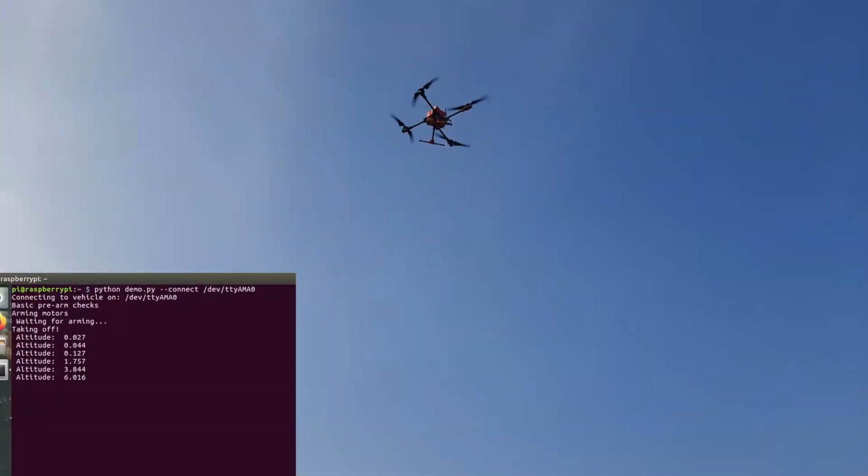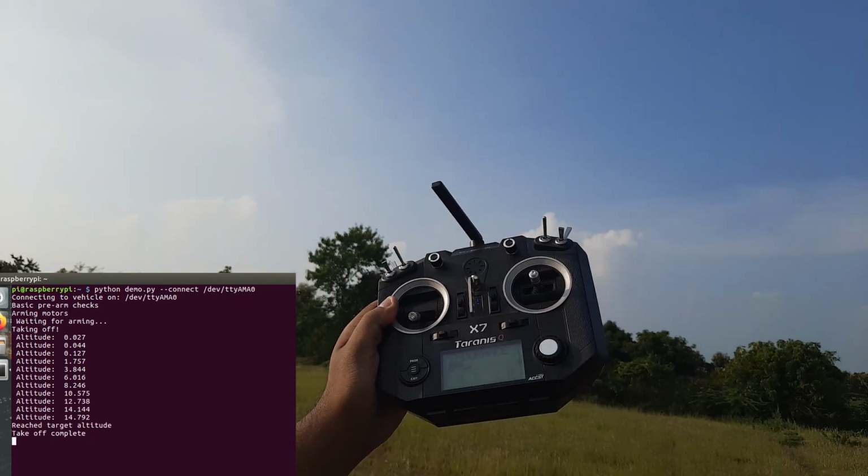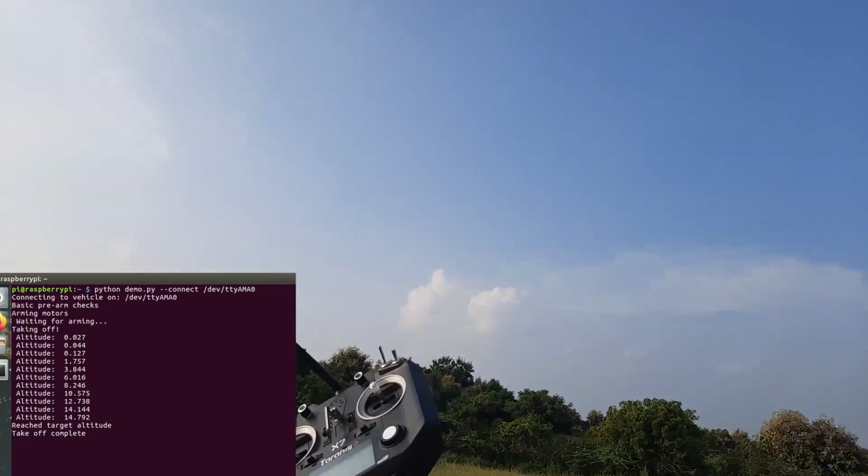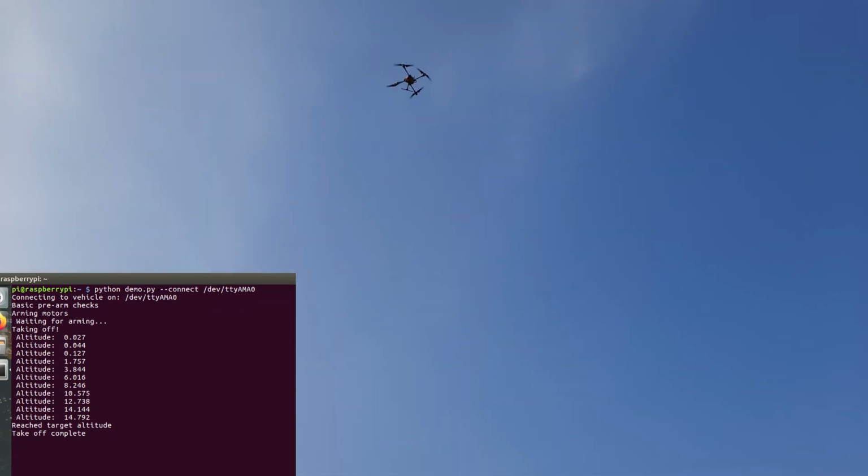You can see that it has automatically taken off. It will wait there for like 15 seconds, and you can see that I'm not even using the transmitter. And after 15 seconds it will start to descend.